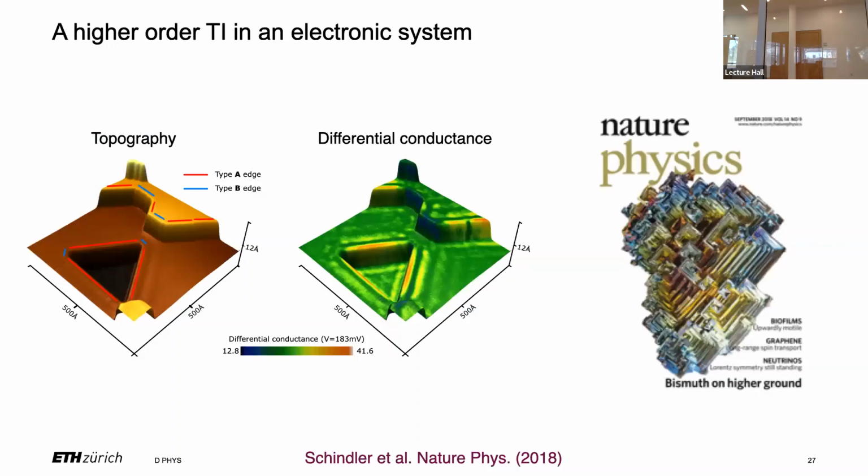So these higher order TIs also exist for electrons, of course, this time not the quadrupole nature, but just to say that these band effects are there for electrons and for classical degrees of freedom. The interpretation of what you see is very different. Often in electronic physics, you target the Fermi energy, and then there is some linear response coefficient that is dominated by the very topology you have, a Hall conductance that is quantized.